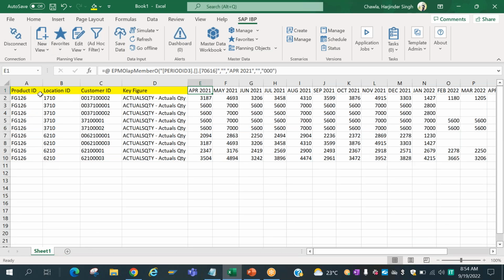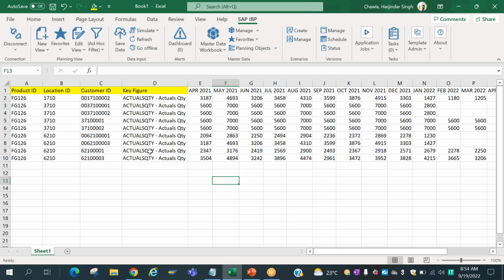So similarly, let's say that as a demand planner, I have too many filters. Daily, I don't want to go to this button and set all these filters, right? So in that case, I will save this in something called a favorite.